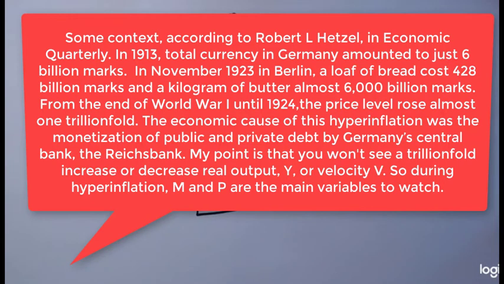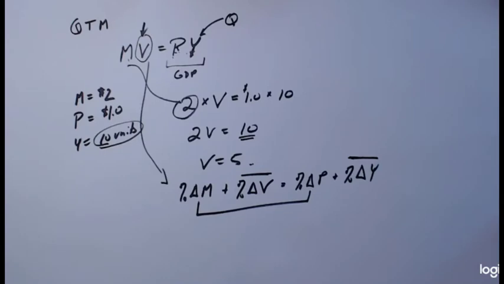I'm always careful about talking about starting up the printing presses because that's what the general media talks about with the Fed. And the Fed is not starting up the printing presses because the Fed is independent of the Treasury in this country. When we look at hyperinflation, which is where I'm going with this, we're looking at countries whose government and central bank are not independent. And so Germany started up the printing presses, and before you knew it, their inflation was super high.